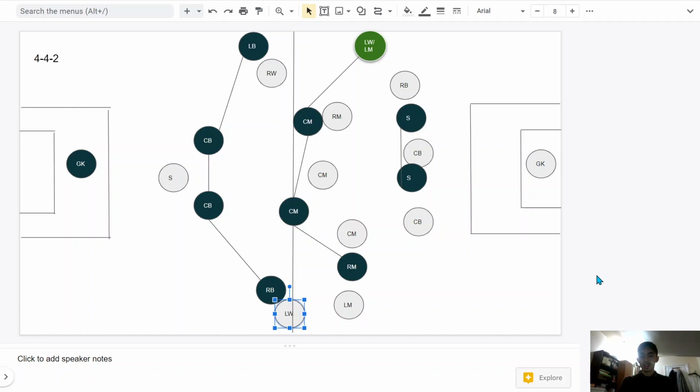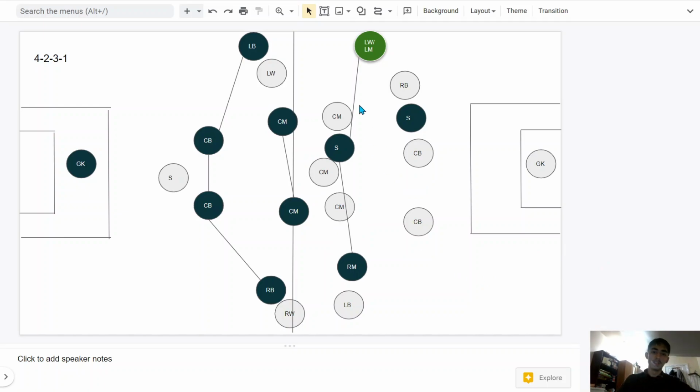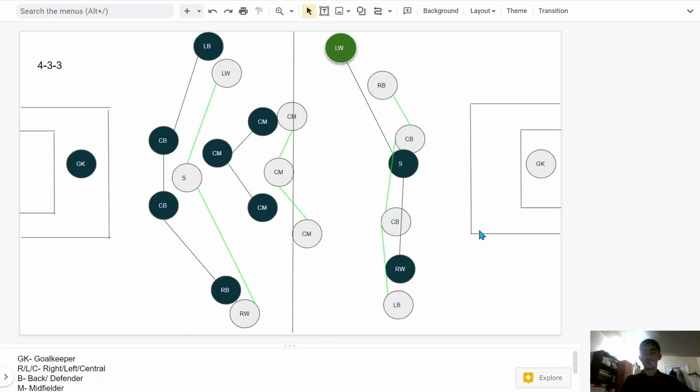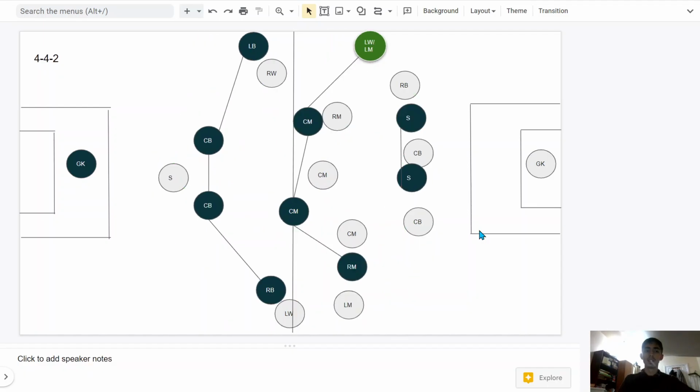Next slide. This is about the 4-2-3-1 formation. This is what it would look like, right? 4 at the back, 2 in the middle, 3 in front of the middle, and 1 up front. And well, ignore the light blue team. We don't care about them. They're the other team. So that was formational notation rules, and these are three formations that I've seen a lot,